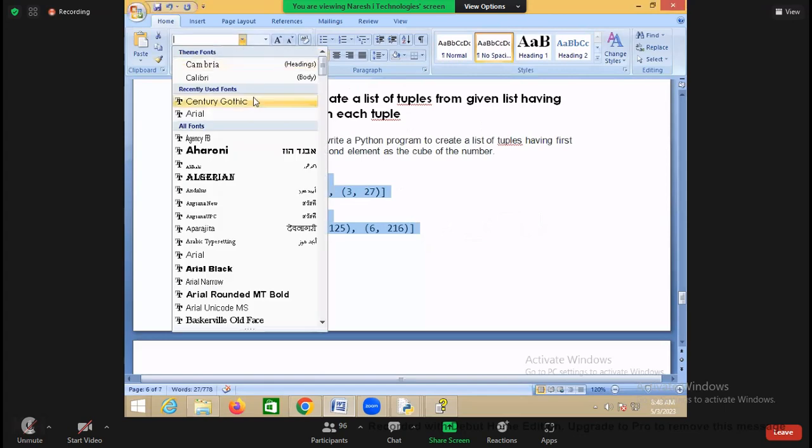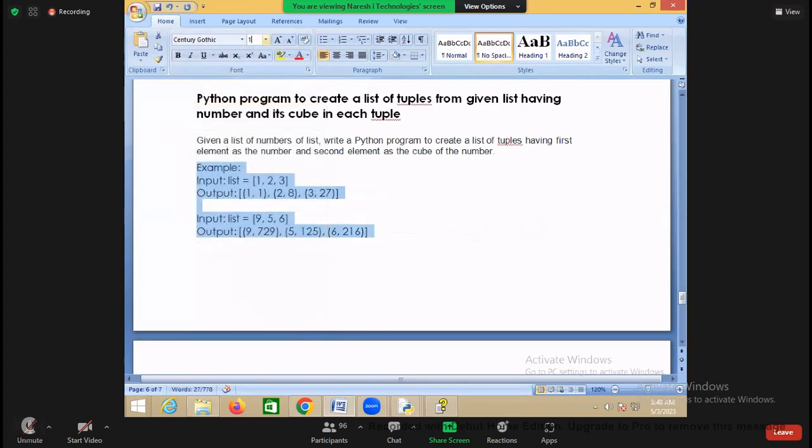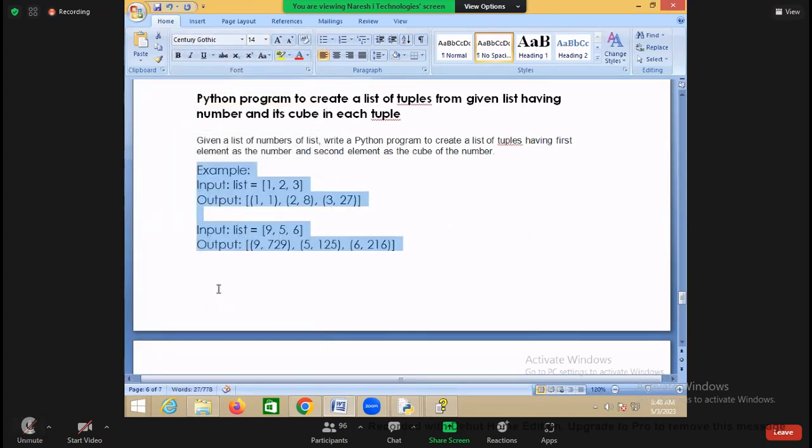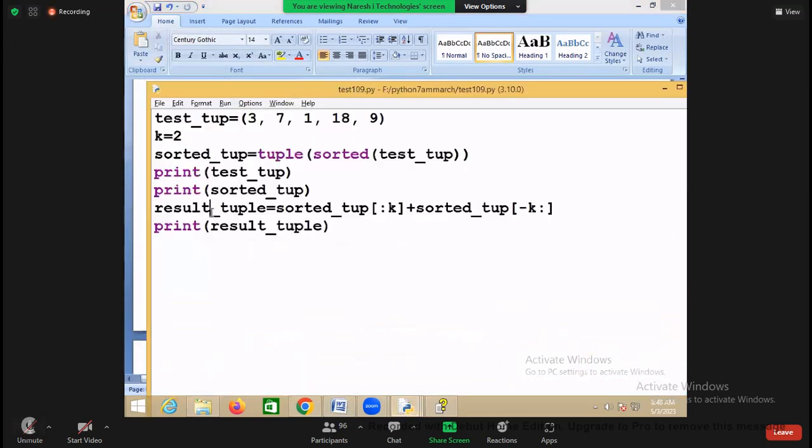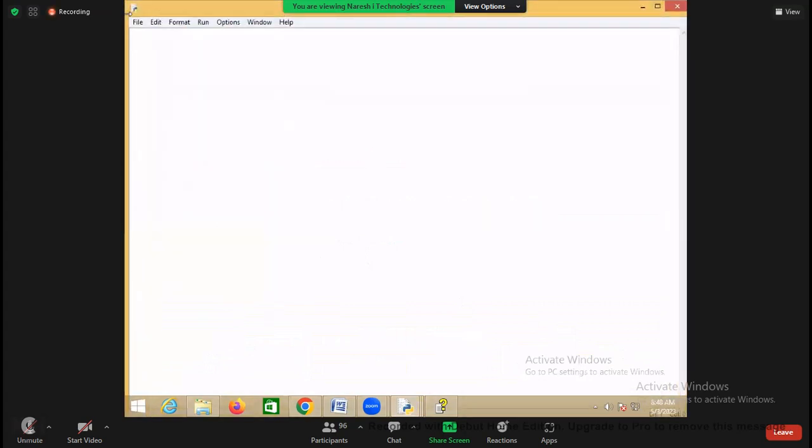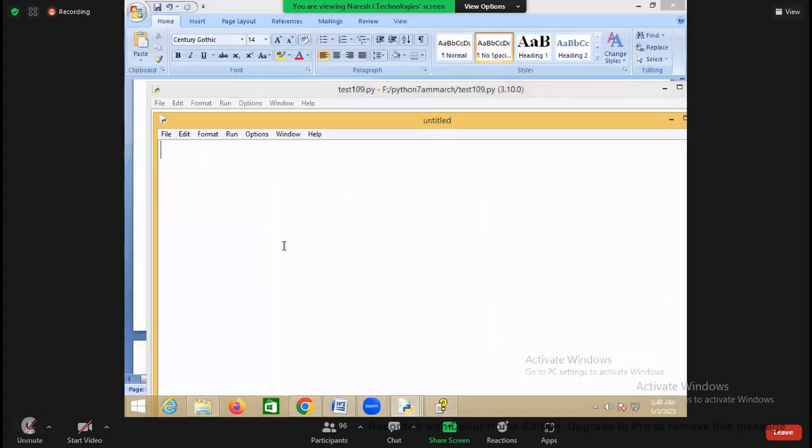What is that? Comprehension. Because you are creating a list, right? What are you creating now? A list. For example, there is a list. Okay, there is a list. Now list 1 with 1, 2, 3, 4 and 5. What is it asking? Create another list, and this list should contain what? Tuples. And this tuple should have